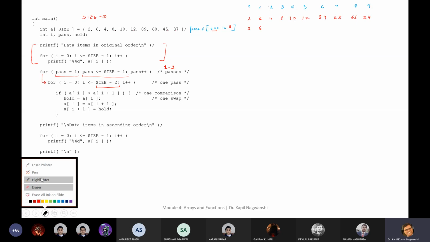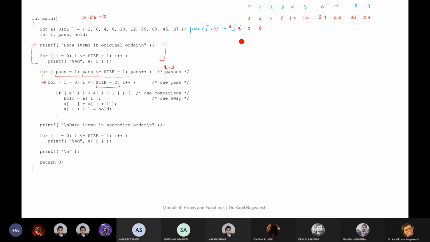Now the same for loop has moved to 1. In this I equals to 1, A1 is compared with A2. So now 6 is compared to 4.